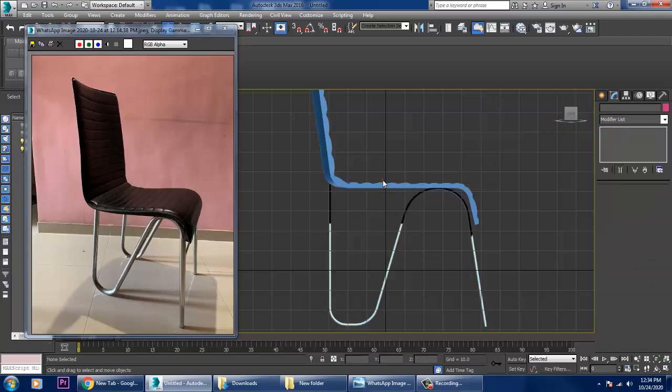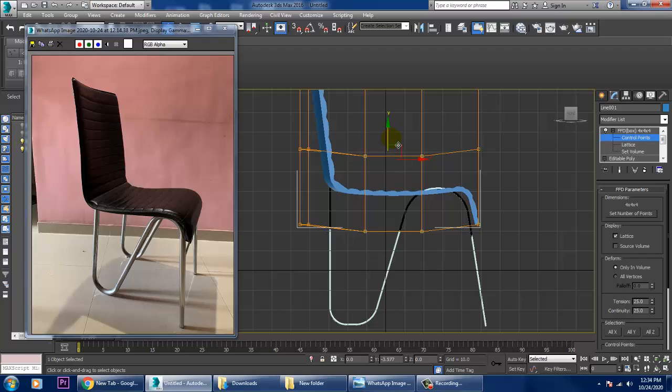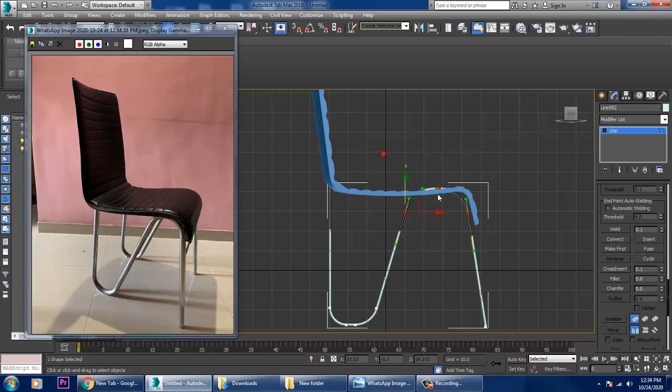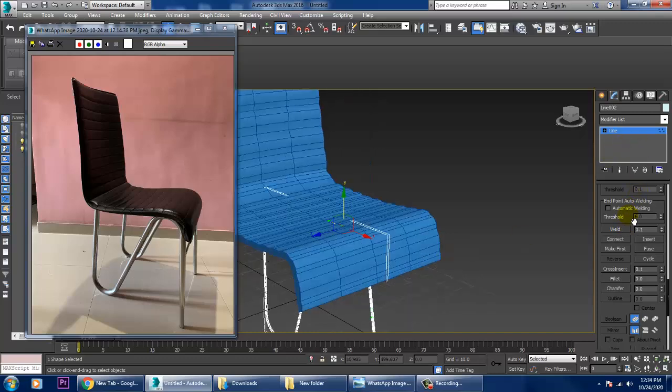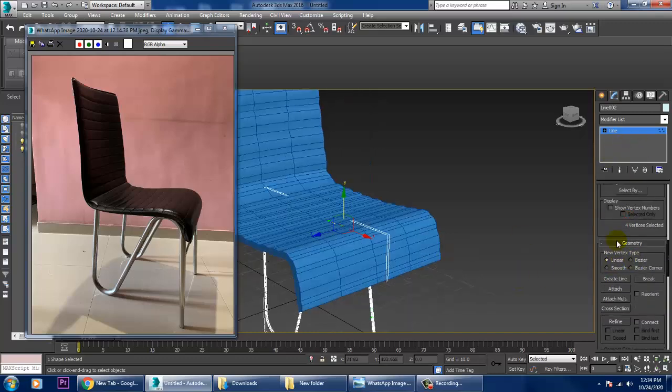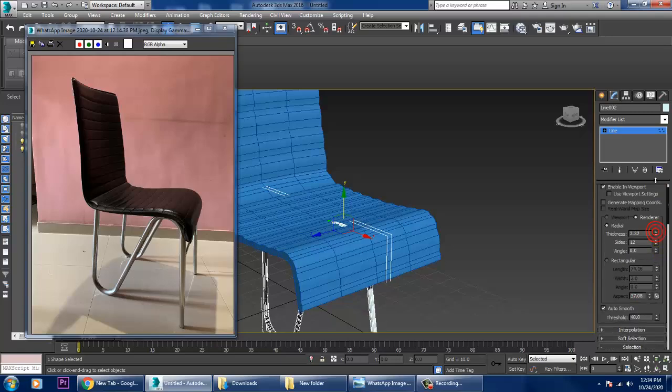So select this control point again, select this, and let's just drag it up this way. Select this and just drag it a bit down in this way. So once it's done over here, now I can go into this and increase its thickness.